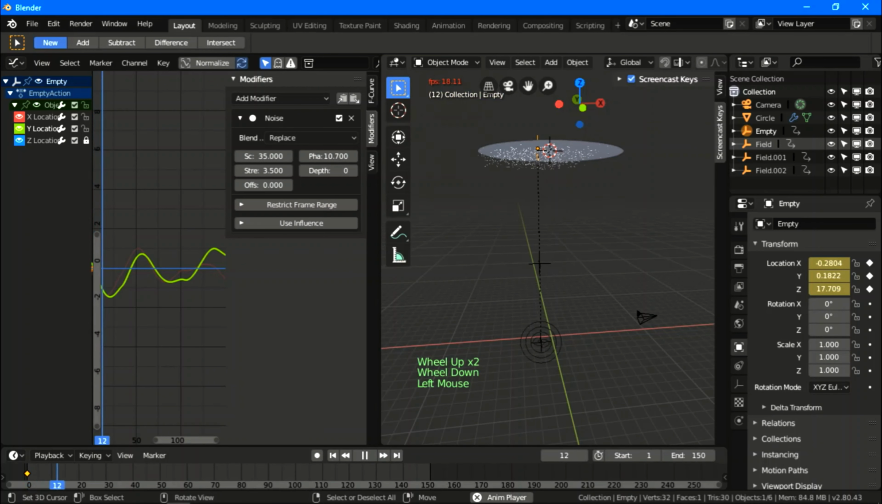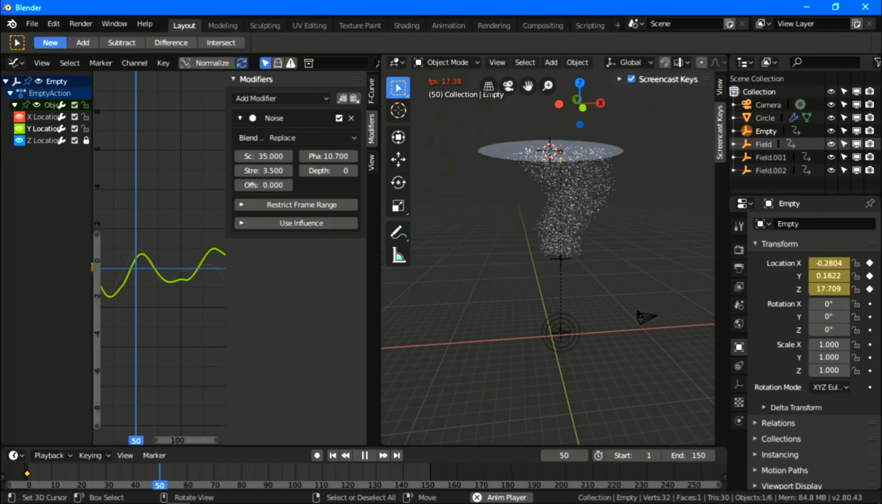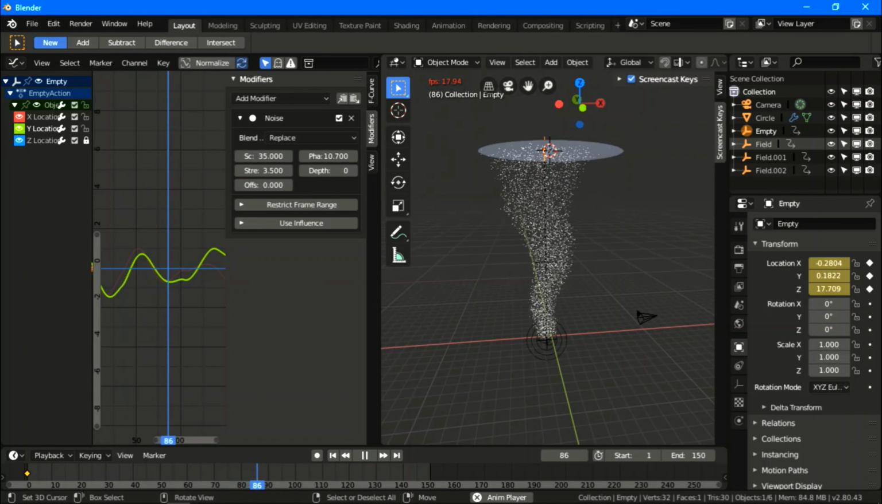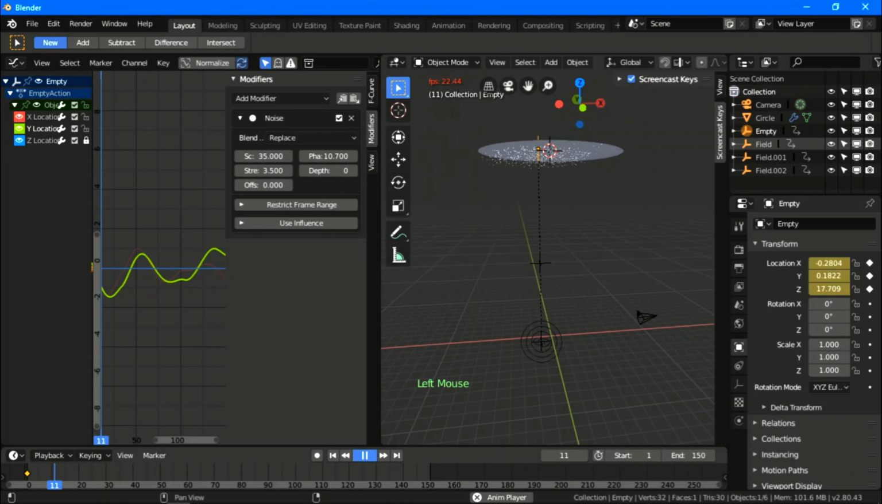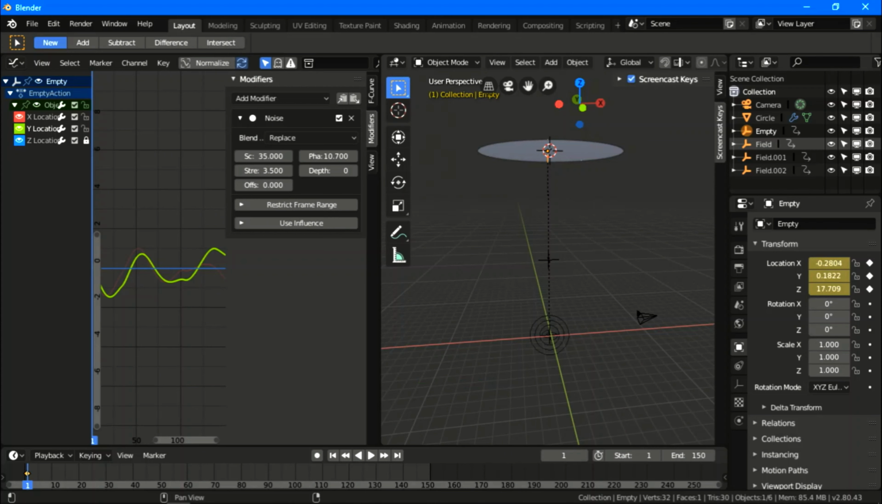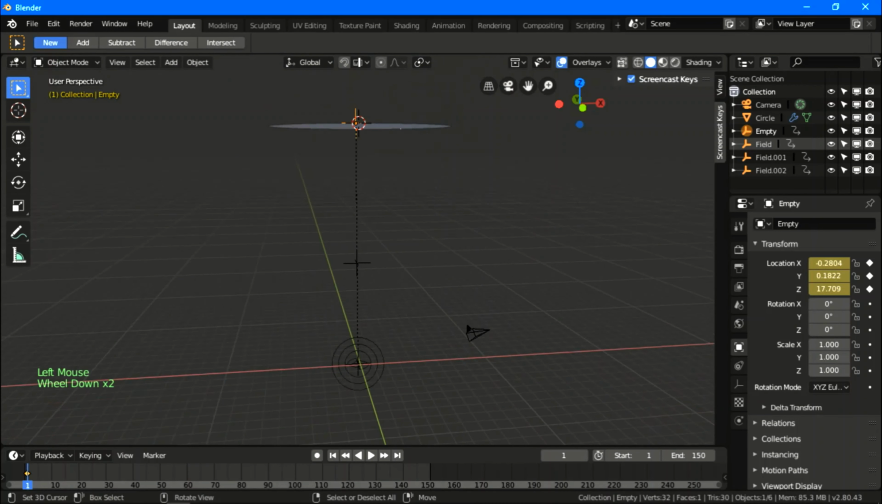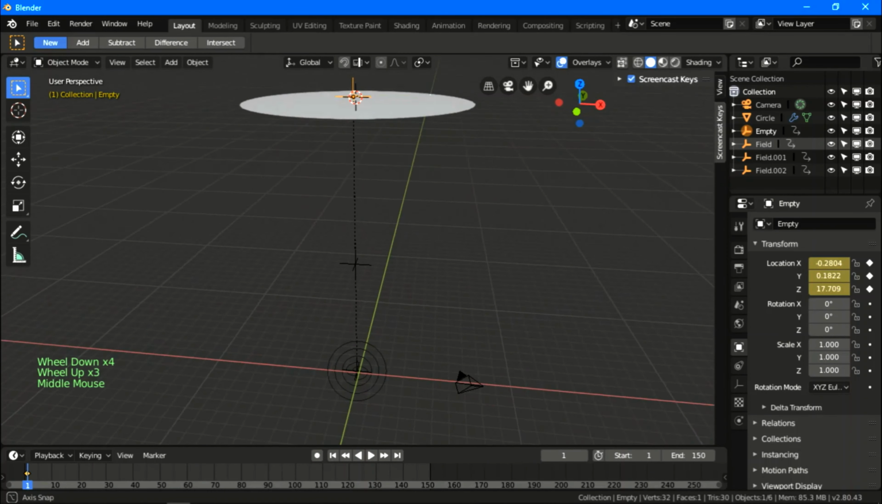If we play the animation, now you can see it is having very twisty effects, like coming down like a real tornado. Now I don't want to do anything else. If you don't like the way it is moving, so you can change it over here. So I'm going to close this window, and now what we need to do